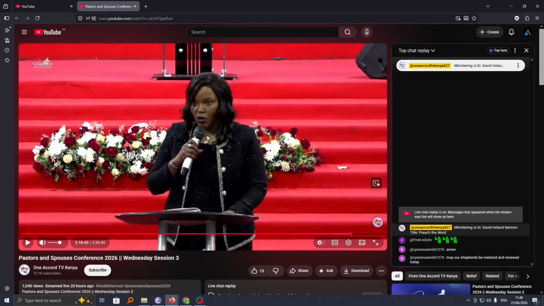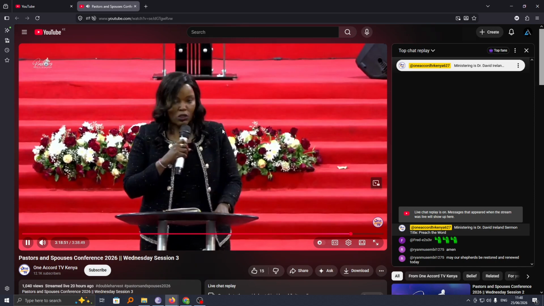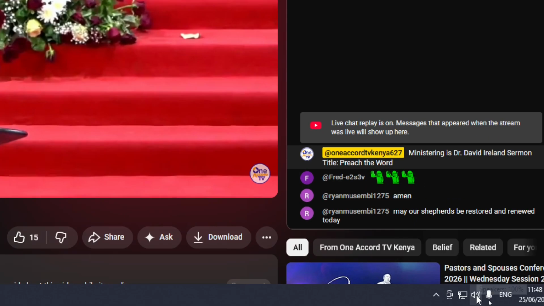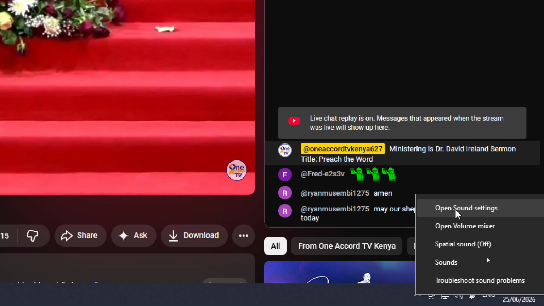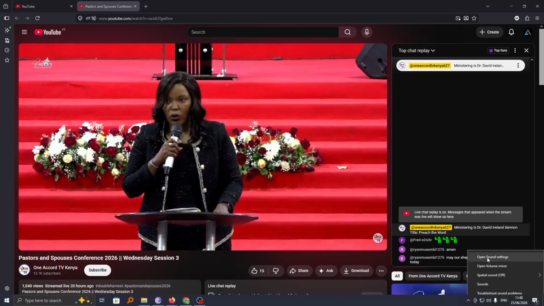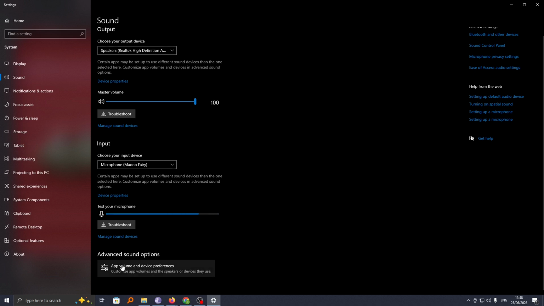However, if this does not solve your problem and you have no issue on other browsers, then we need to dig much deeper and troubleshoot this issue. So to fix this, head down here to speaker volume and right click on it, then look for this option, open sound settings. Here you want to go to advanced sound options, and if you click on it, now we